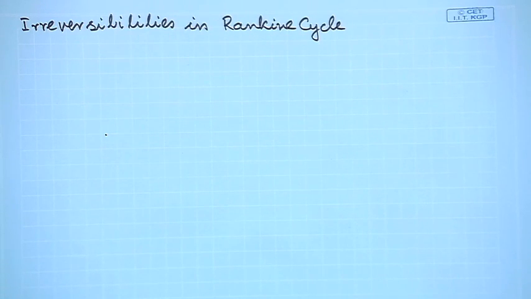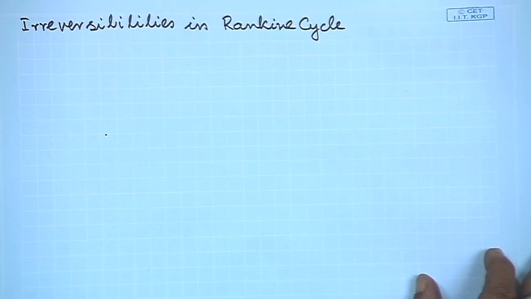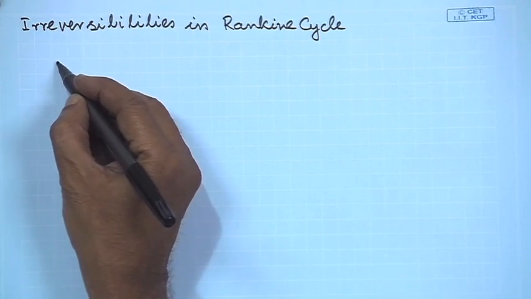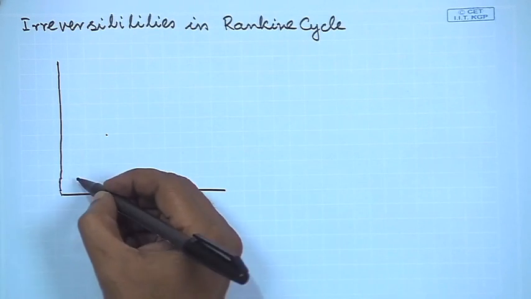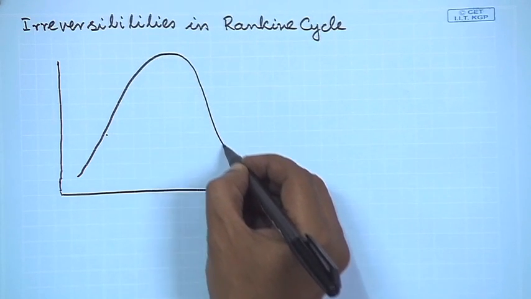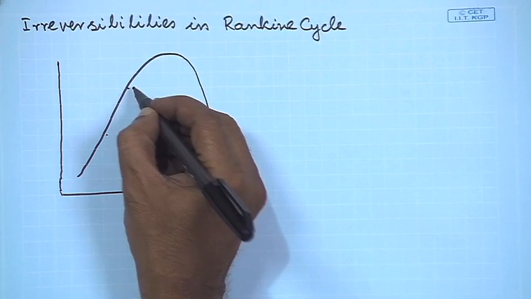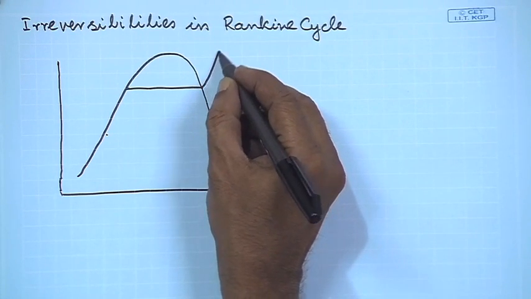Internal irreversibility, of course, will come due to friction, due to expansion in some places, due to pipeline losses, etc. Those things will create a deterioration of the performance of the cycle. But two devices which are of particular concern are